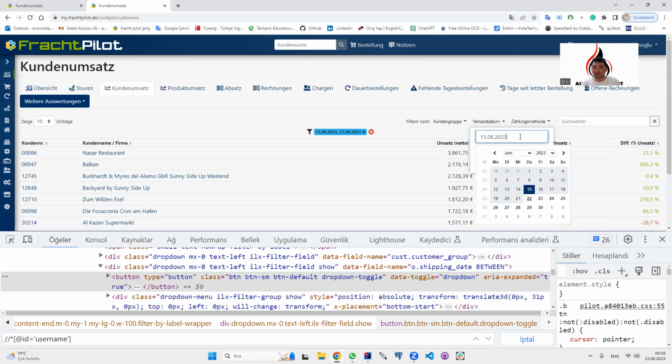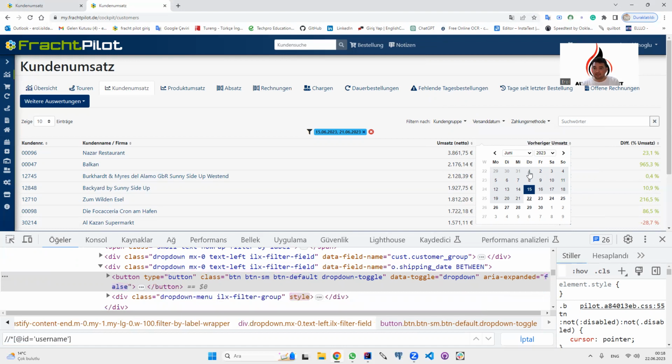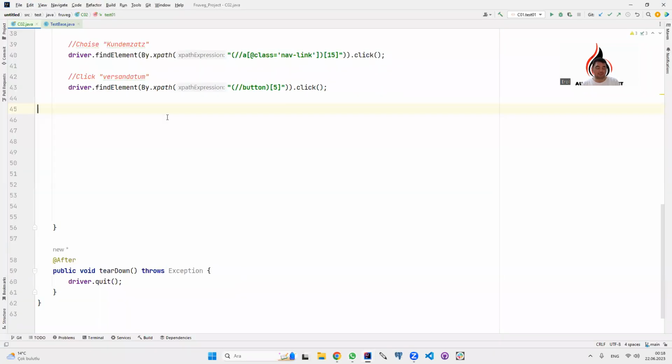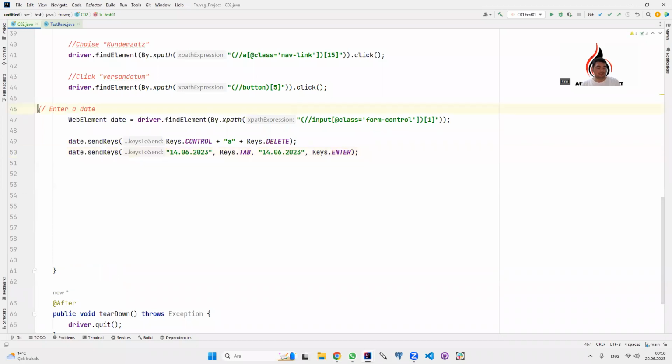Actually, I want to see 19 June. That's why I click 19 and 19 June and then amend. The date code is a bit complex. That's why I copied our